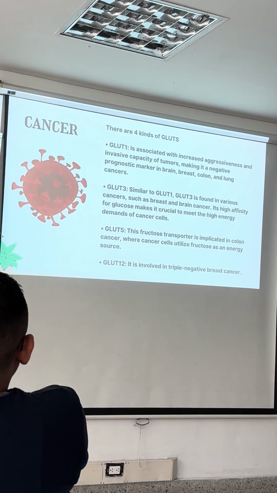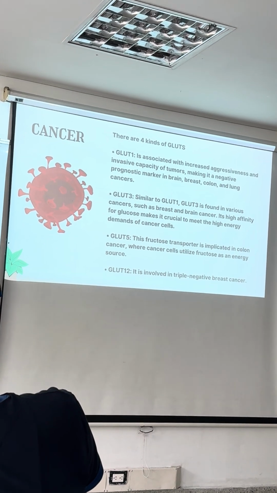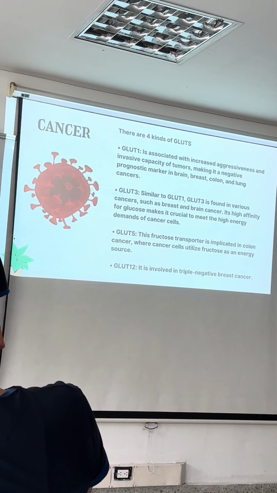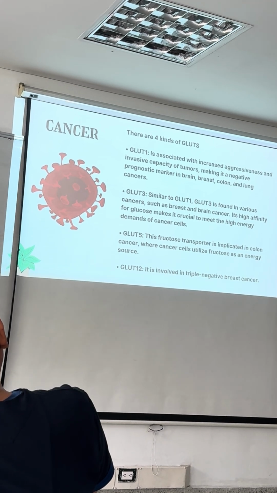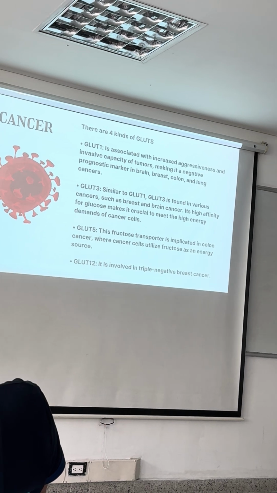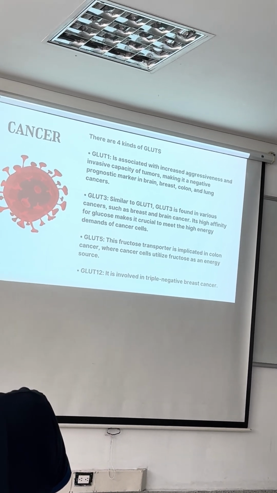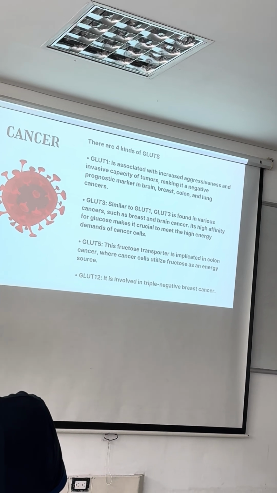The second one is GLUT3. Similar to GLUT1, the difference is that GLUT3 has a high affinity for glucose, which makes it crucial to meet the high energy demands of cancer. So basically,